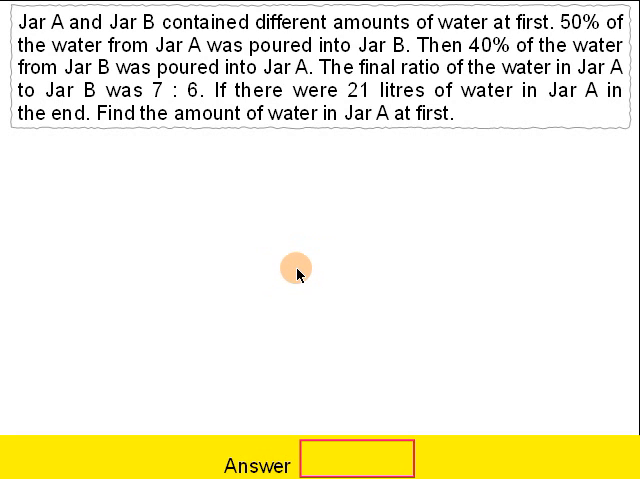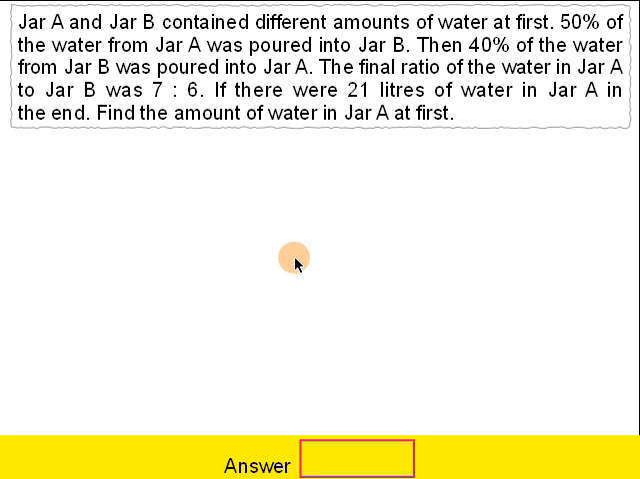The question says that jar A and jar B contain different amounts of water at first. 50% of the water from jar A was poured into jar B, and then 40% of the water from jar B was poured into jar A. The final ratio of the water in jar A to jar B was 7:6. If there were 21 liters of water in jar A in the end, find the amount of water in jar